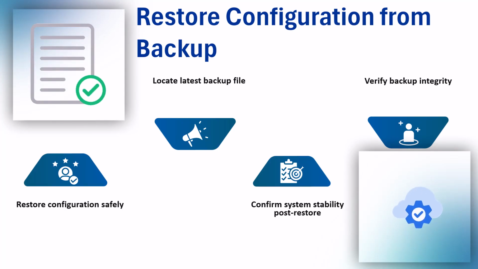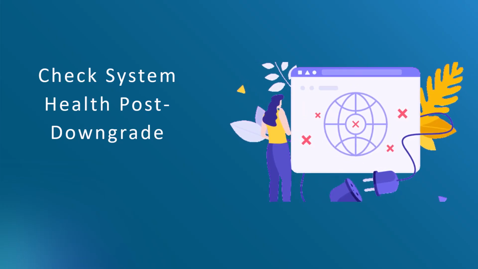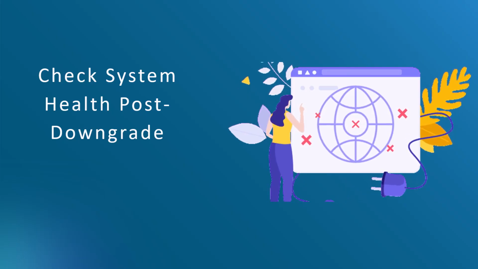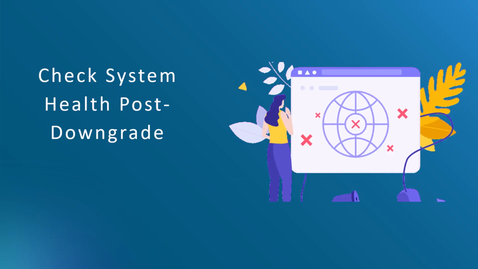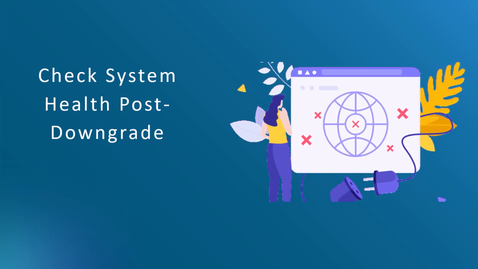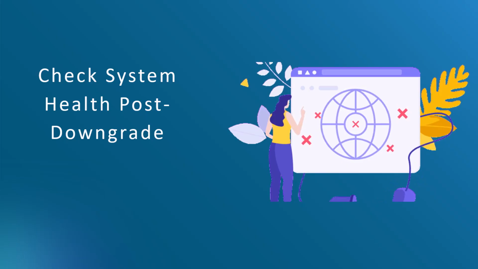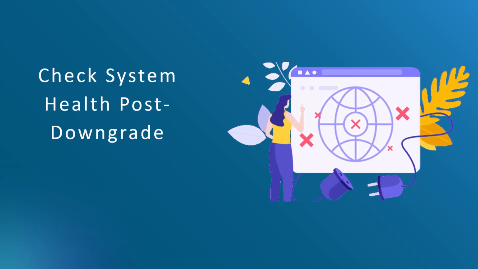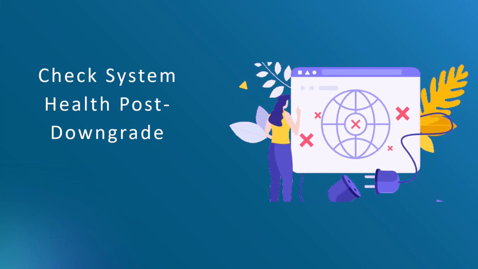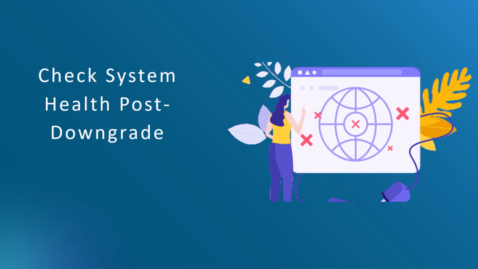It just fits. Downgrading software isn't just clicking a button and walking away. It's making sure your system didn't throw a tantrum. Run diagnostic checks to see if everything is functioning well. Look at resource allocation. The last thing you want is a firewall struggling to breathe. Keep an eye out for sluggish performance, and if anything looks off, fix it fast. Think of it like taking care of a pet. It needs